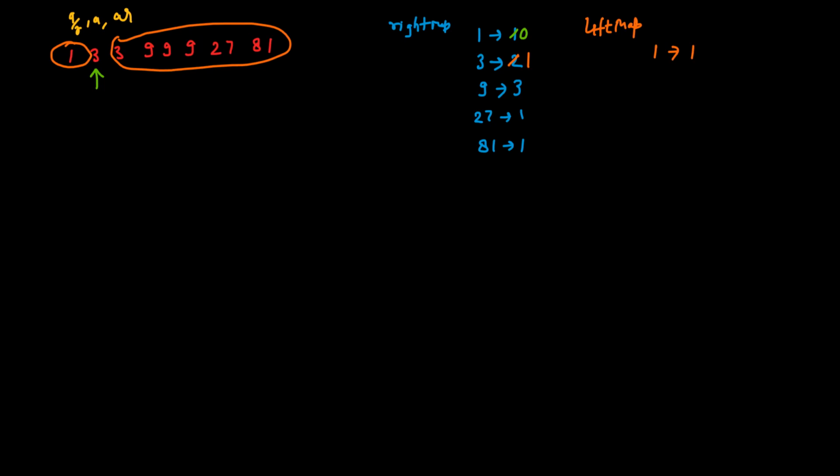Because we know the concept of I, J and K, right? I should be less than J and J should be less than K. So if you divide this problem statement into three different parts, mid, left and right, you'll never mess up with the indices. You don't need to check explicitly whether you are following that I is less than J and K. Because now you have divided it into three parts, if something exists on the left hand side and something exists on the right hand side, it means we are following the I, J and K constraint, right?